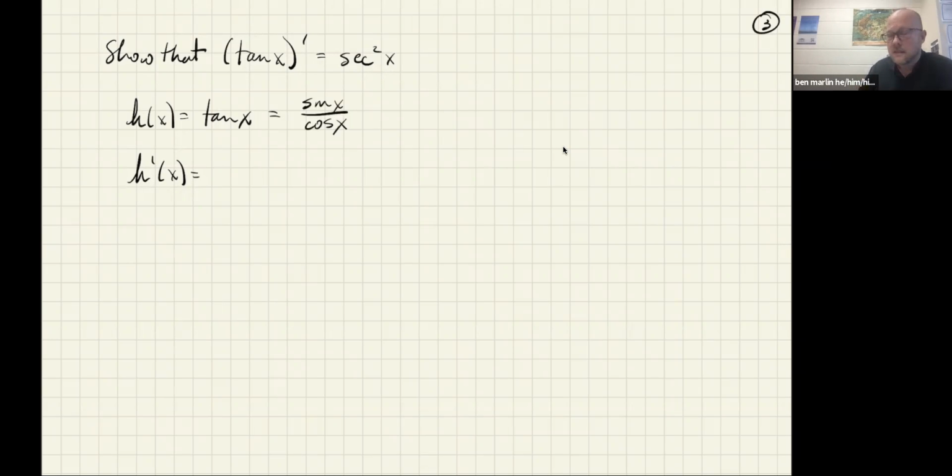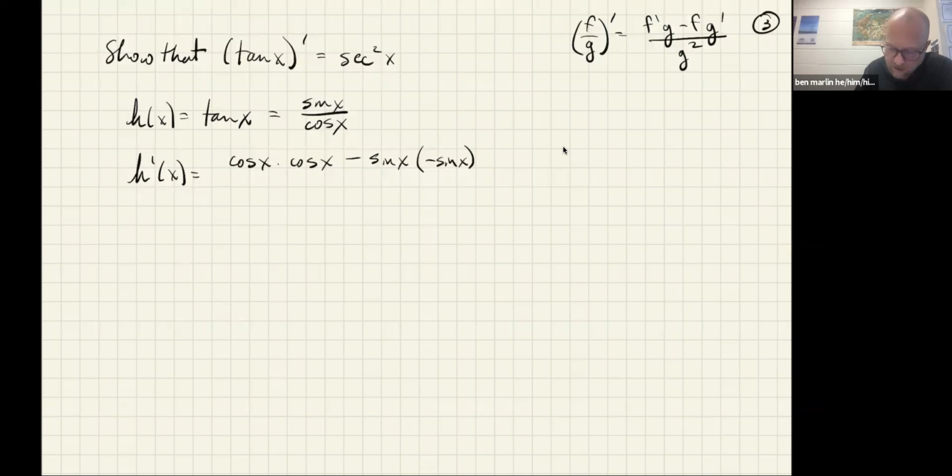So now this is the quotient rule, and when you work your problems in class, you probably need to have the quotient rule sitting out beside you in the notes. So write that down somewhere, that the derivative of f over g is going to be f prime g minus f g prime over g squared. Okay, so for our purposes, we have to think, what is the derivative of that top? The derivative of sine is cosine, and then times cosine minus, now we have to say, leave the top alone and get sine, and then the derivative of cosine, which is minus sine, and all that divided by